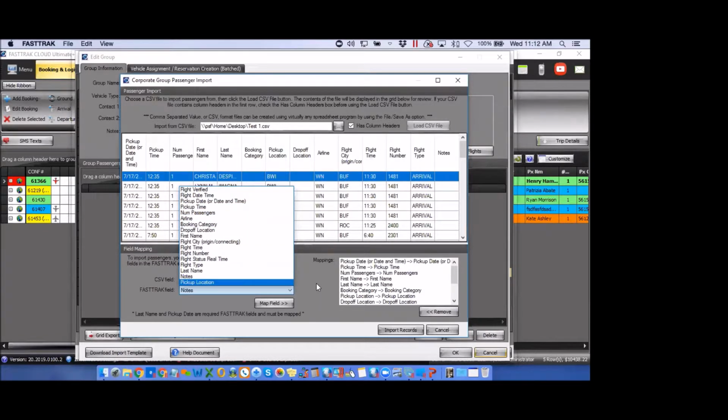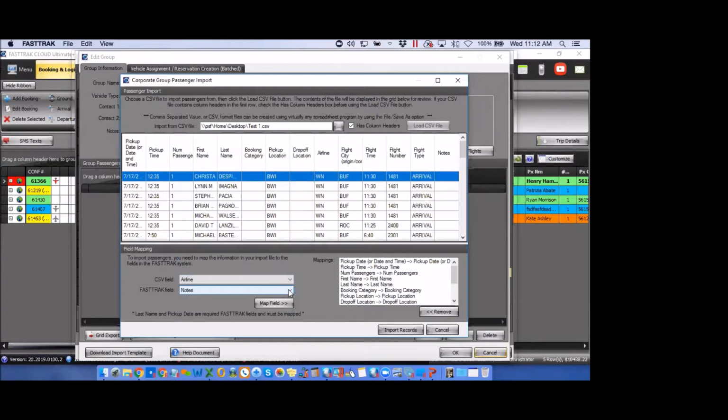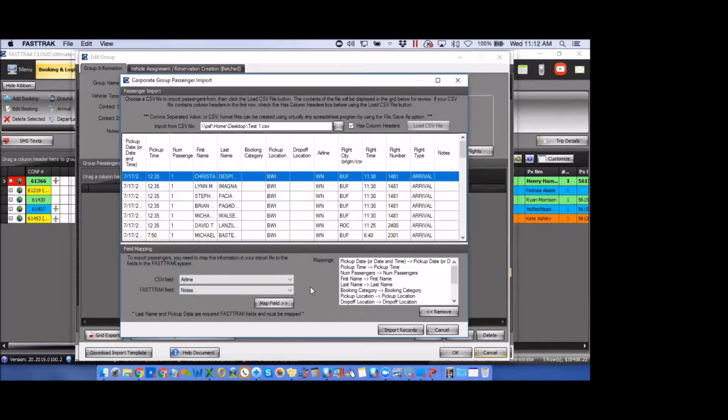But again, had they not matched up, you would select from the file what they had labeled it, select the required field in Fast Track, and then click on map field. And over here on the right side, that would have been entered into the mappings field there. That way it knows where it needs to import these various fields and columns into the program for you to